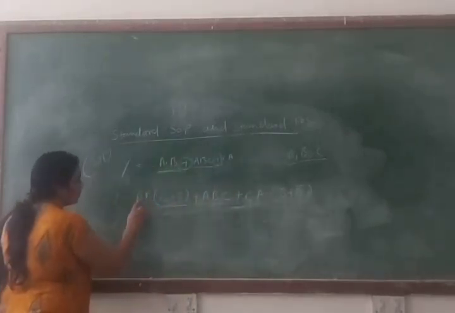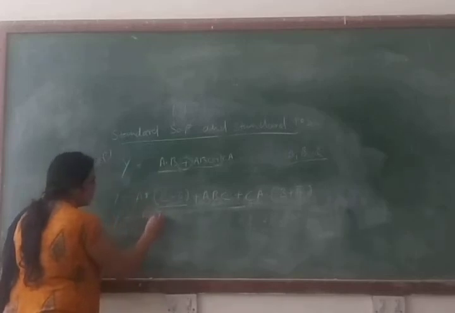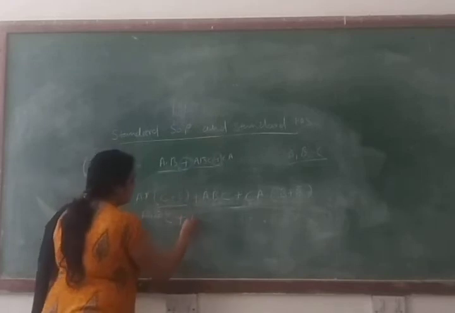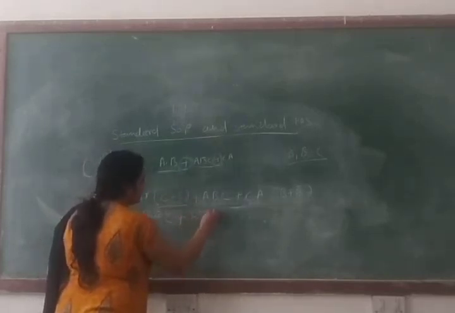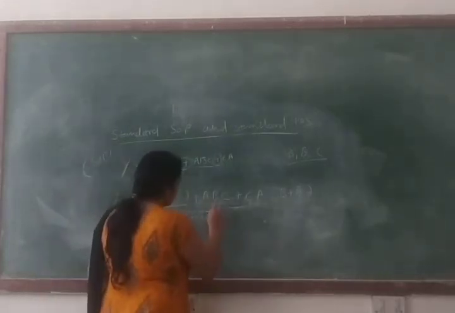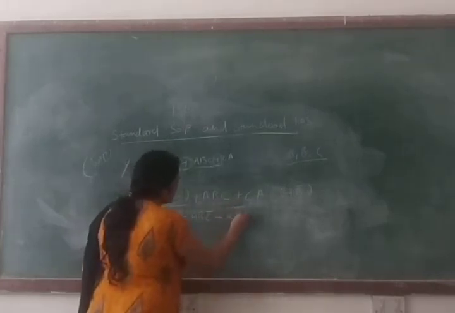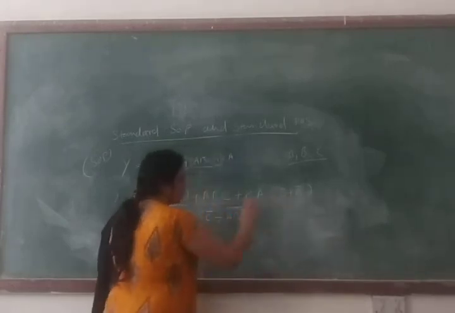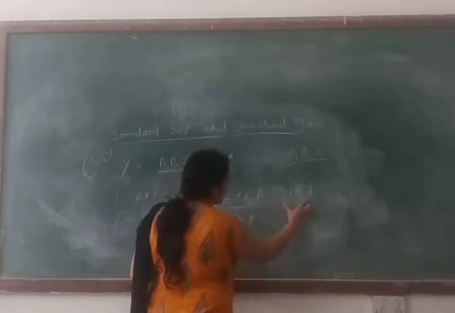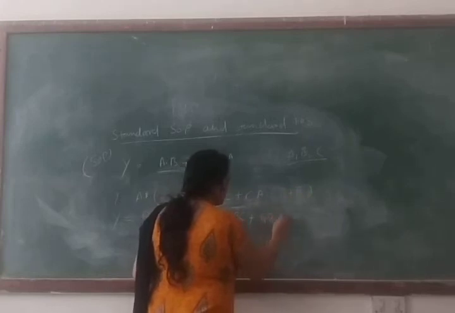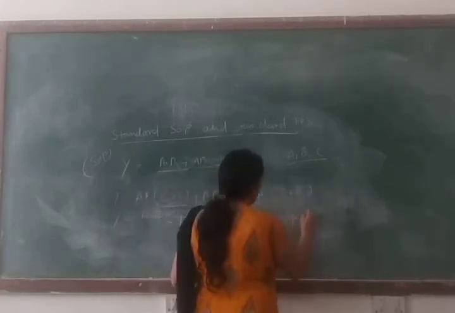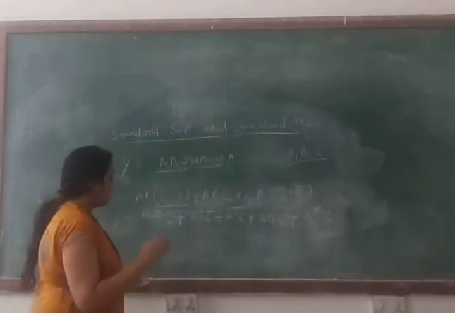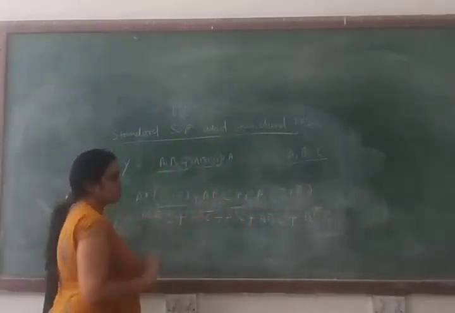So Y equals A dot B dot C plus AB dot C complement, right? Plus this product term we write as it is, ABC, plus now we perform the ANDing operation with the product term and with this term. So you will get again ABC plus AB complement C, right? So after simplification you will get this logical expression.